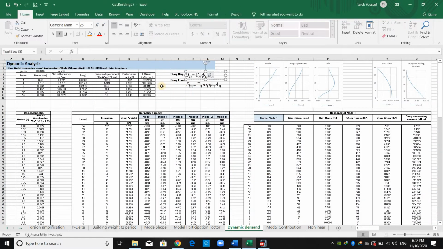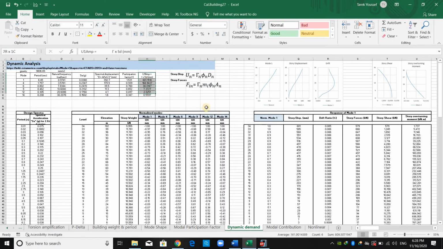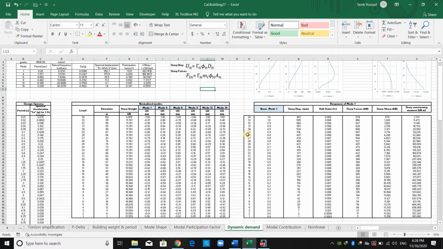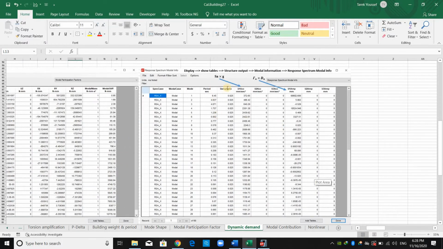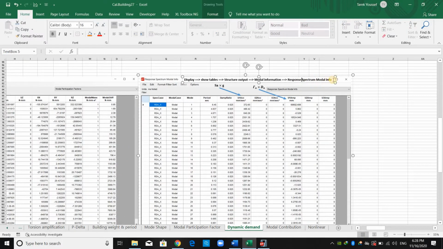And as shown in this equation, we need to use the modal amplitude, which is equal to participation factor multiplied by the spectral displacement, in the equation used for computing story displacement, and also this term is used for computing the forces of the structure. Therefore, we need the modal amplitude. And we can obtain the modal amplitude as shown in this figure. We can go to response spectrum modal info, and this is the modal amplitude due to a force applied